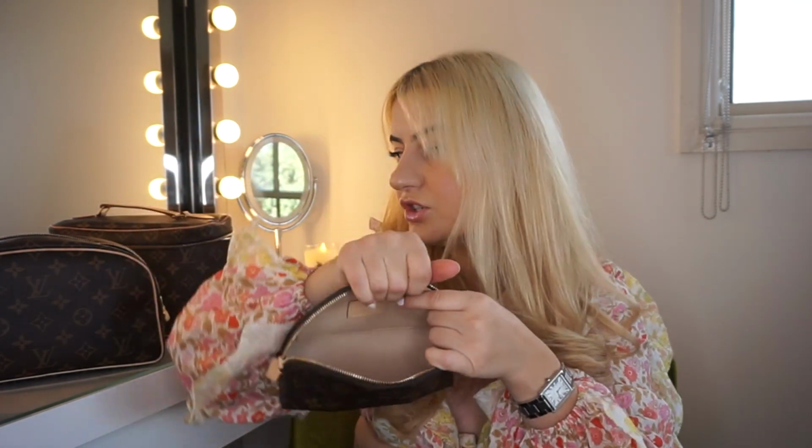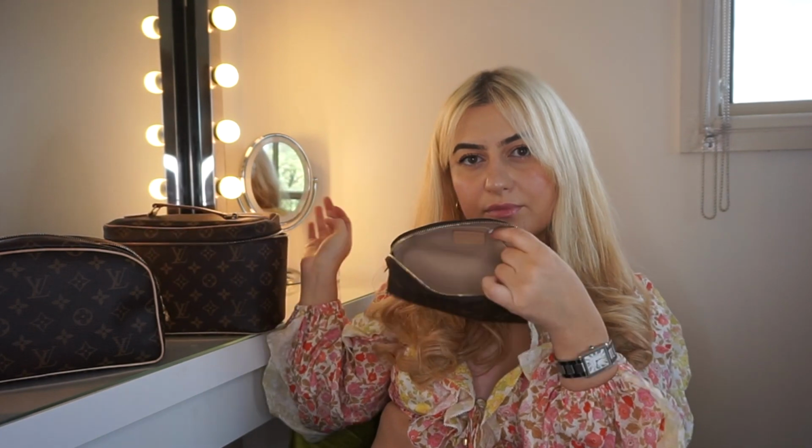It's cream as well, just like the other bag. It's cream. I don't know why this one's brown. Isn't it interesting? Because they're all cream. But yeah, the lining's all cream. So that's it. That's everything. That is my three little makeup cases, something light. And that's what I'm bringing with me to my beach house to keep safe and, you know, away from anything that